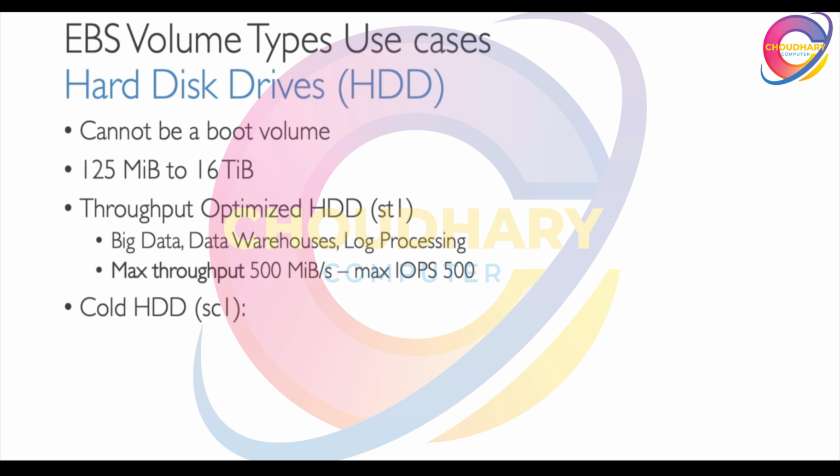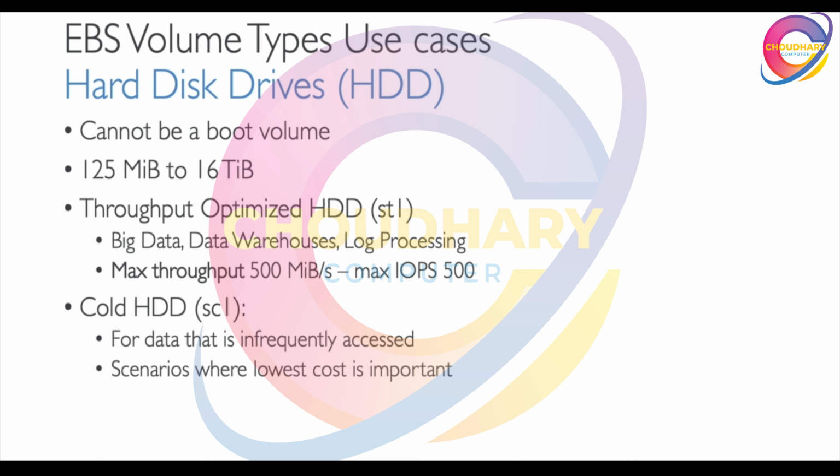And then for cold HDD, so SC1, this is for archive data, so data that is infrequently accessed. And you would use it when you need to have the lowest possible cost. Here the max throughput is 250 megabytes per second and the max IOPS is 250 as well. Now you don't have to remember all these details going into the exam, you just need to understand the differences at a high level